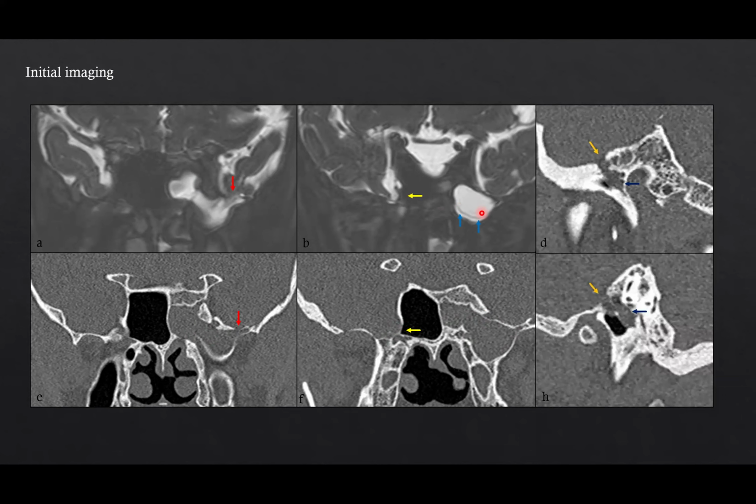This is the CT done at the same time. Again, in addition to these two defects, we see a third defect, which is seen in the tegmen tympani. So this is the roof of the middle ear. You also see a defect here. There's fluid also filling the middle ear at that time, but there is definitely a bony defect